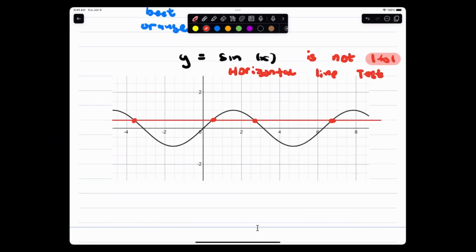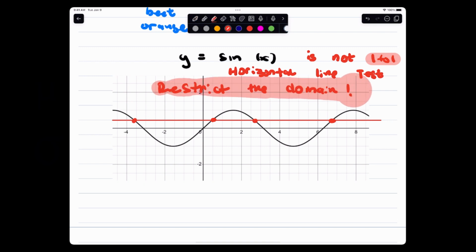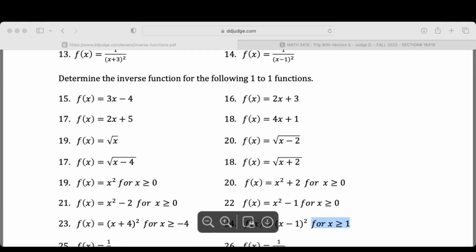Yes, we had to do something called restrict the domain. So you said restrict the domain? Yes. We had to restrict the domain in such a way that you made your functions 1 to 1. This is called restricting the domain. You did it here in questions